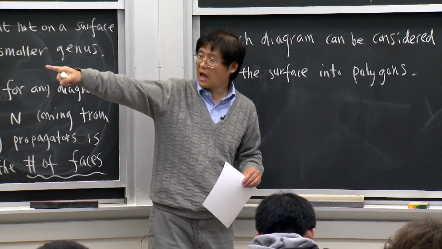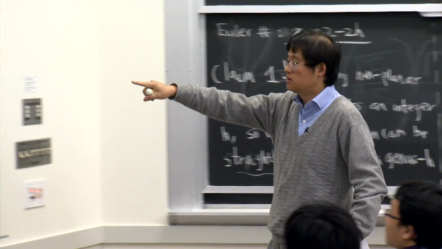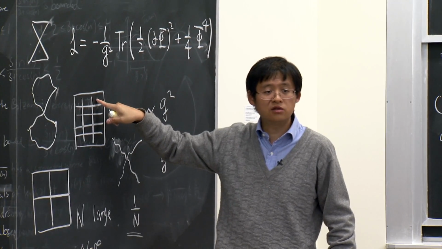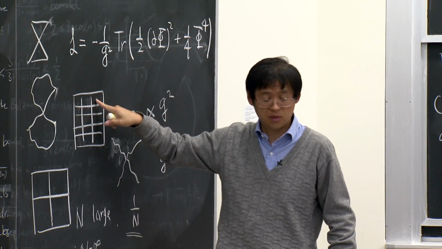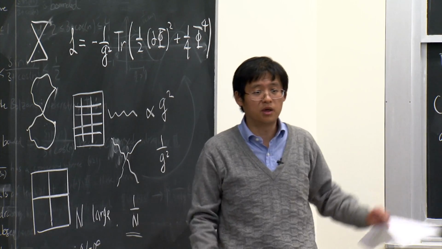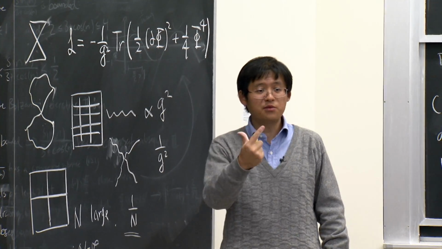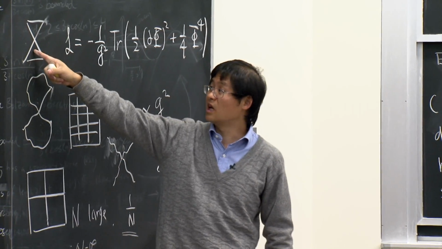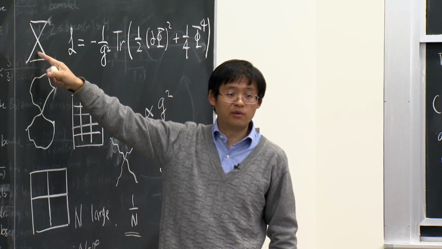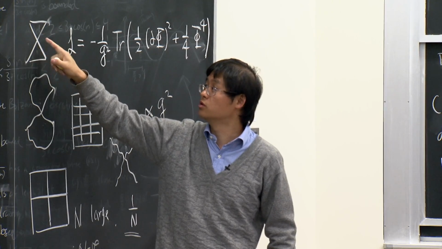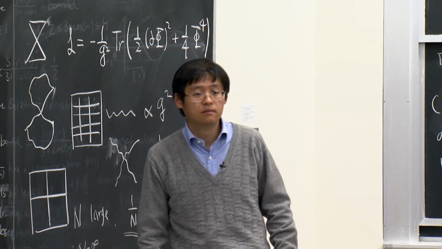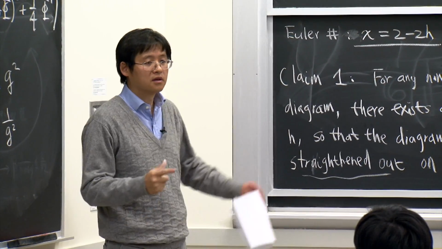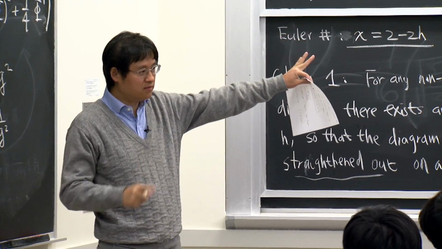Look at this diagram. So this is the Feynman diagram drawn on the torus. Does this look like a partition of the torus into polygons? Yeah. So that's what I'm talking about, and the statement should apply for any Feynman diagram. So this is like a partition of a sphere. We separate the sphere into 3 regions: 1, 2, 3.